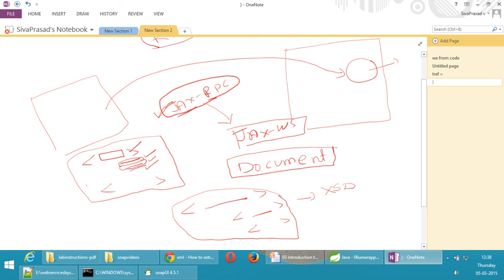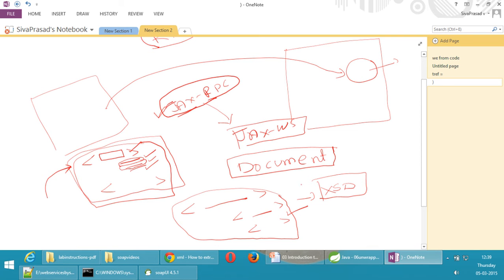So the structure of the XML which is exchanged between client and server is defined inside a schema. Whereas in RPC style, for the XML which is exchanged between the client and server, there is no schema. So RPC style web services do not have a schema for the XML being exchanged.